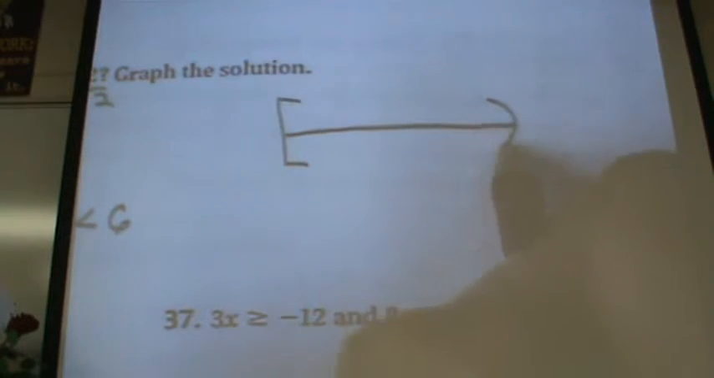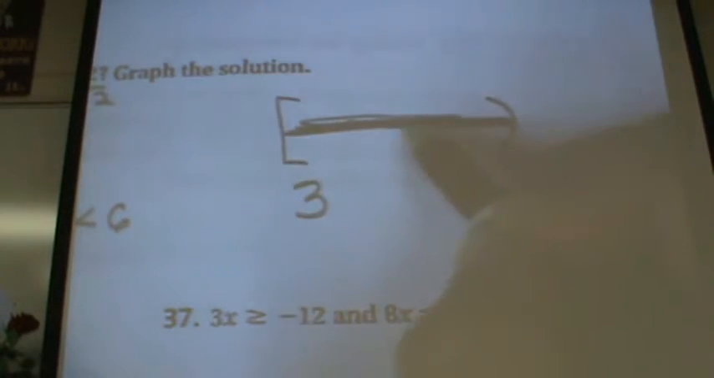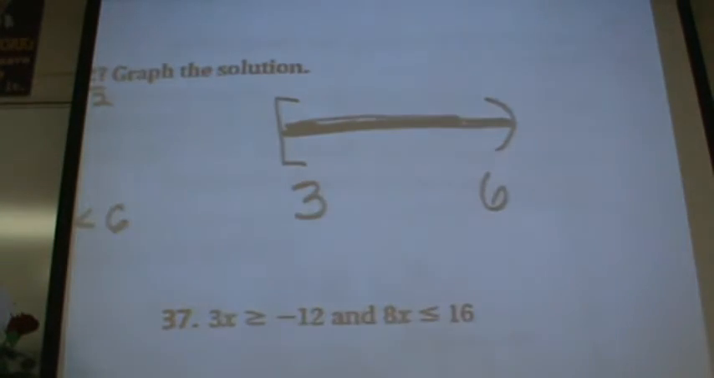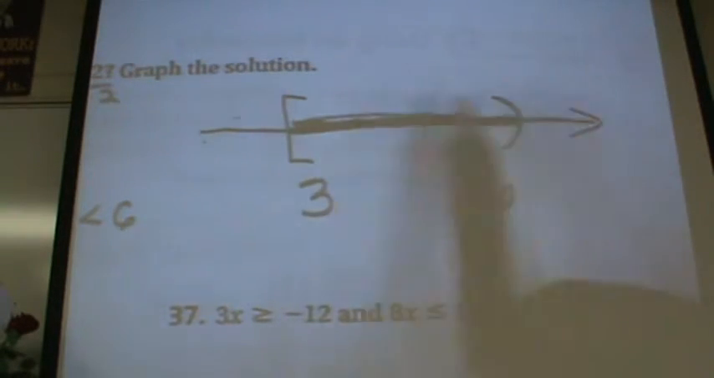So this is the region right here. Okay. So the answer, if you graph it, it looks like this. 3 here and a 6 here. This is the region. This is the graph of the solution. So an and is the overlap, the intersection of both